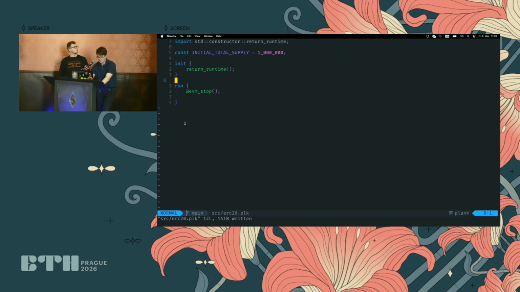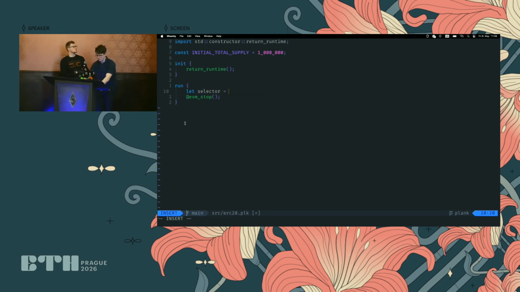Because this is the raw entry point, it doesn't yet know about public functions or selectors and all of that. This, again, allows some great customization and optimization in custom use cases, but it also means that right now we kind of have to code certain things from scratch. Again, something we're working on, and the boilerplate will be reduced in the future. But in general, I want to say that even if you never use Plank, I hope that with this workshop, you'll have a better appreciation and understanding for the lower level things that Solidity does for you under the hood. And when you do optimization or audits, you'll have a better understanding of what's going on.